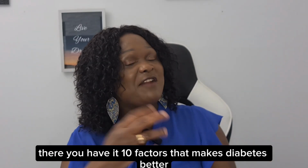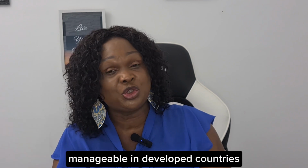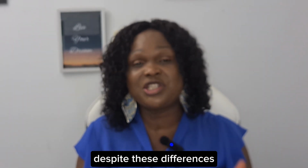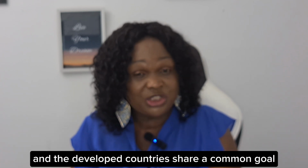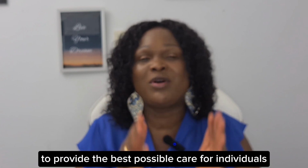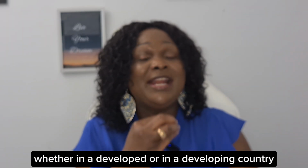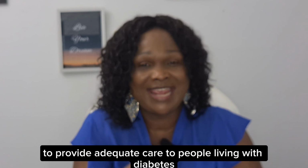There you have it, 10 factors that make diabetes better manageable in developed countries or first world countries than in a third world or developing country. Despite these differences, both the developing countries and the developed countries share a common goal: to provide the best possible care for individuals living with diabetes. That is the main goal, whether in a developed or in a developing country, to provide adequate care to people